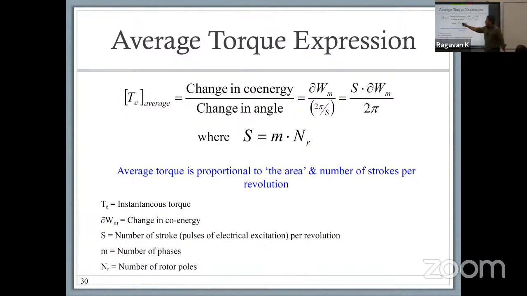It showed us that S, which is the number of strokes per electrical excitation, directly impacts the average torque you're going to get from the motor. If you can increase the number of strokes in the motor, you get a much better average torque. Think about it this way as well. If you have, let's say,